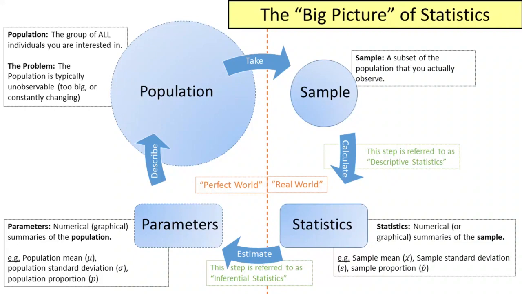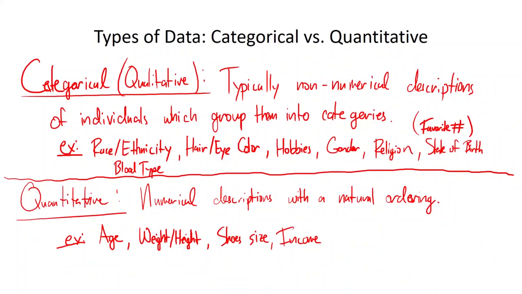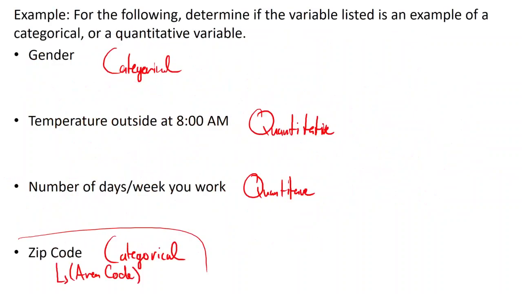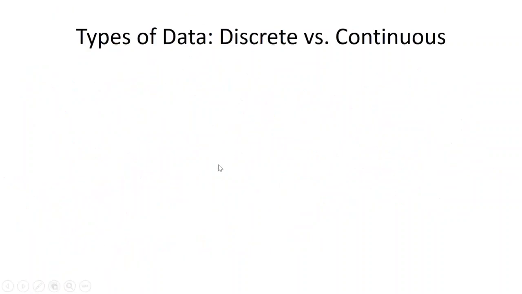Then we talked a little bit about how you have to go out and actually get data. So we split data into two main categories, which is qualitative or categorical versus quantitative. We saw some examples of that. Then this is where we left off. This should say quantitative, because within quantitative